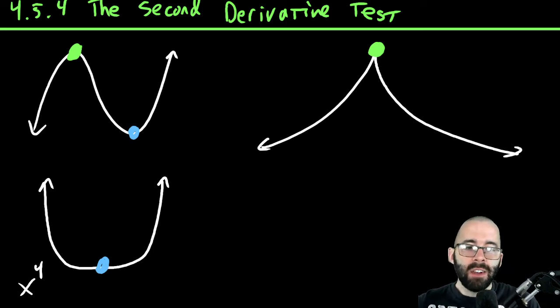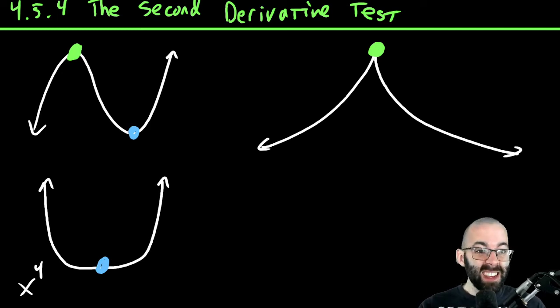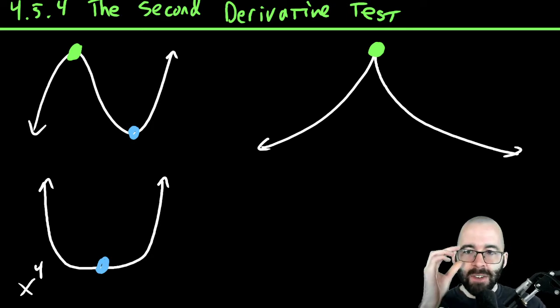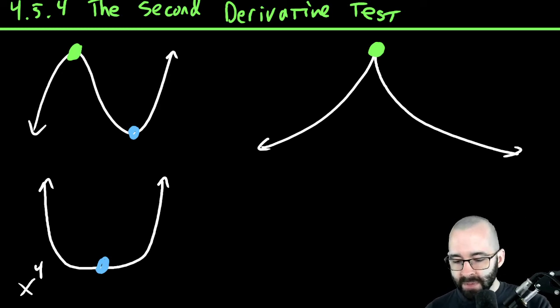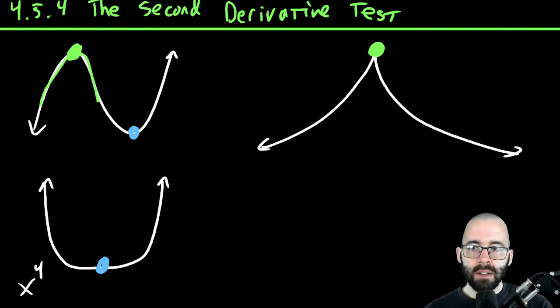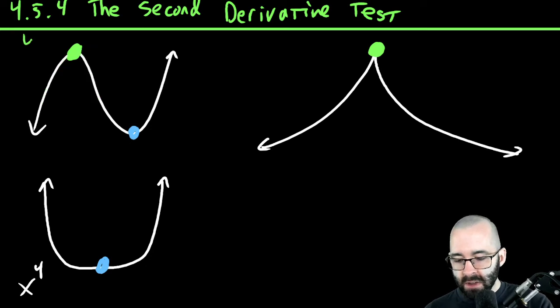So let's look at the second derivative, and then that's going to kind of give us some motivation for what we think the second derivative test might be. And then we'll actually talk about the second derivative test and we'll compare. So on this first one, we have a critical point at this green point at the top left. And to the left, it's concave down. And to the right, it's concave down. Right? Specifically, everywhere around the green point kind of looks like a parabola. A downwards parabola. We have a local max,